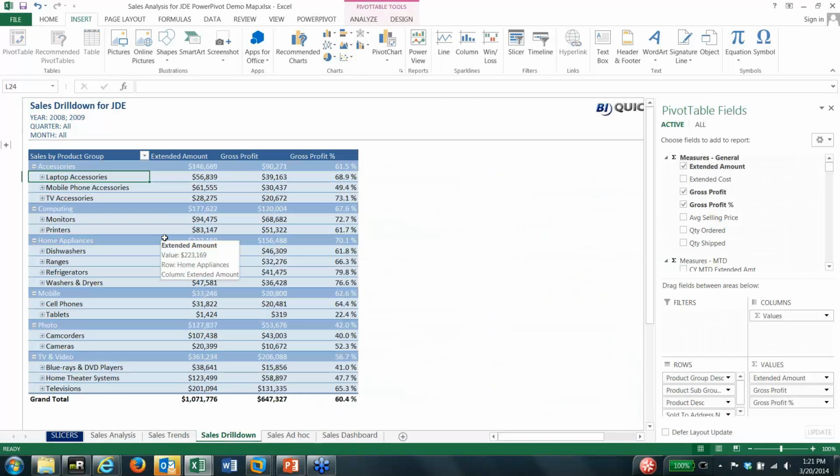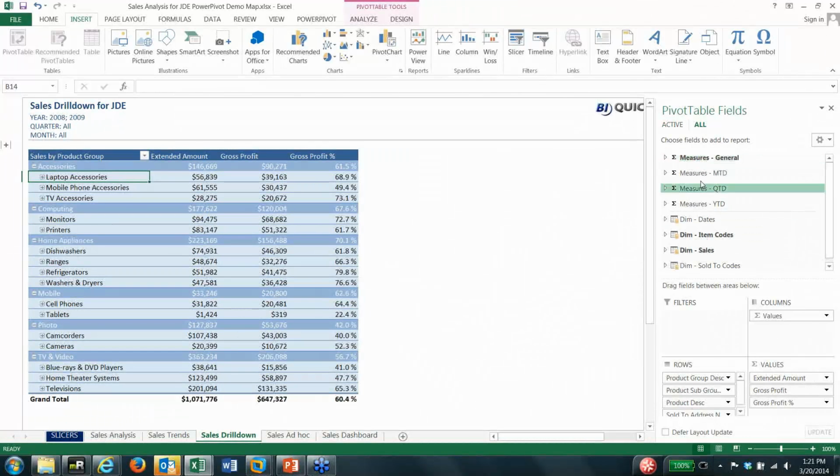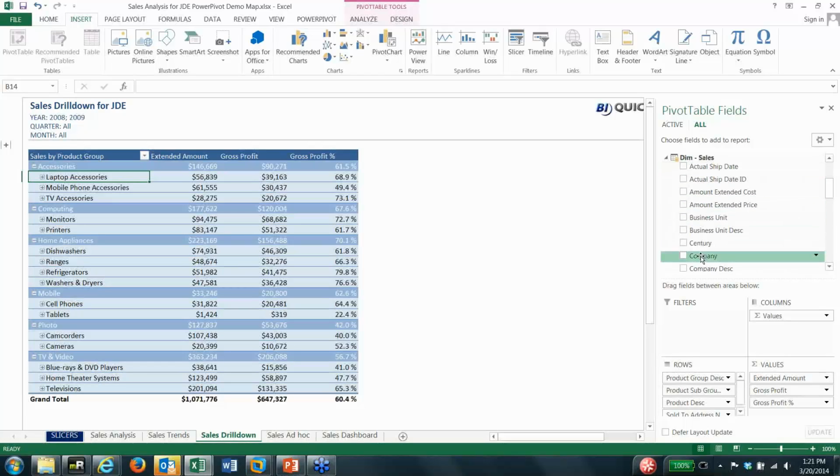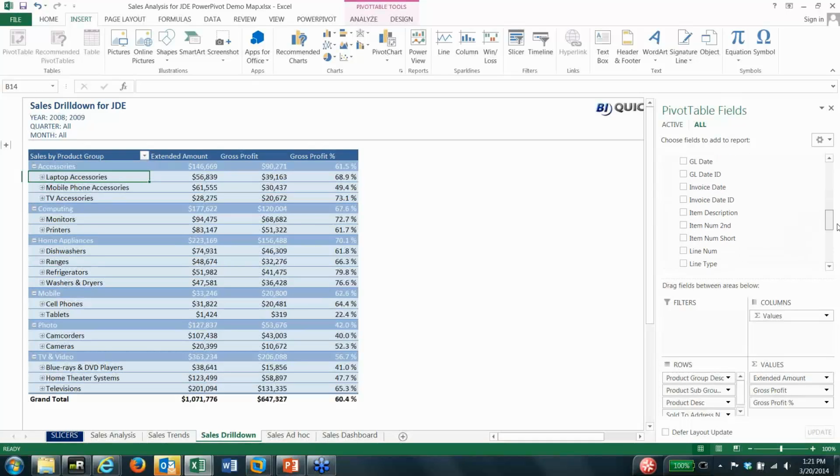So I go to the sales drill down. So here's kind of now more of a familiar pivot table, not just some charts. In this case, we've got a pivot table that's already defined. If I click on this pivot table on the right, you'll see some options here. If I click on, you'll see a lot of different categories. So if we go in and click, let's say, on sales, we'll see ship dates and company and century and document number and order number, a variety of different things related to sales that we could just drag and drop